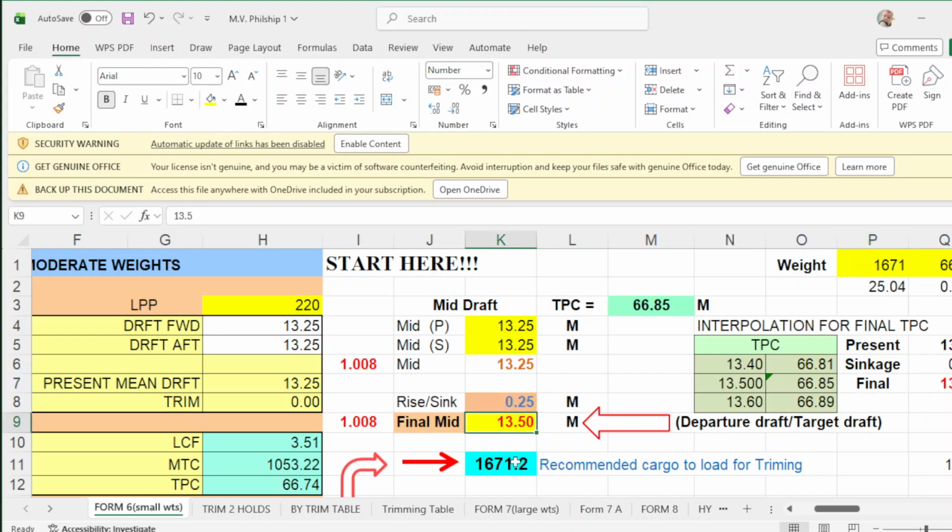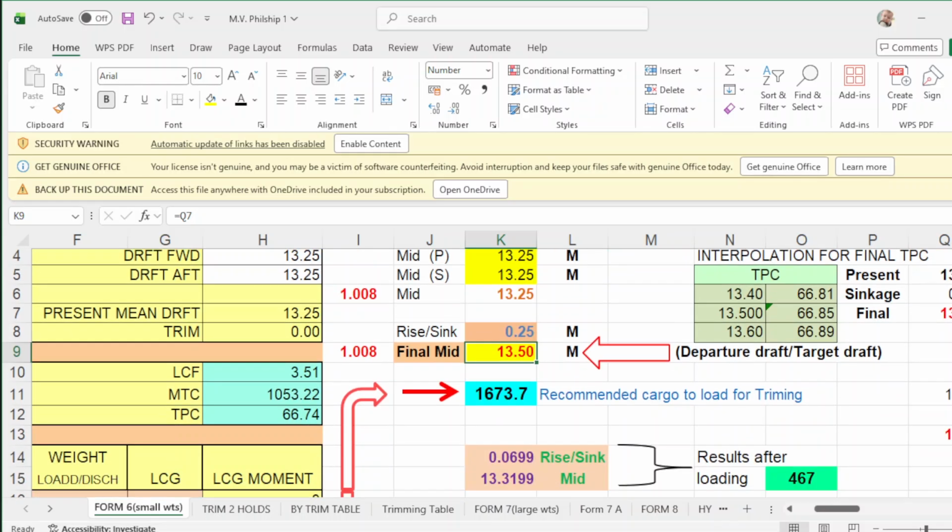Okay, so sometimes I would do like this, plus equals, and press enter here. Then the actual cargo to load should be 1674. A while ago, it was 1671, but now there's 3 tons more. That's why 1674. Okay, that will be the recommended cargo to load for trimming.